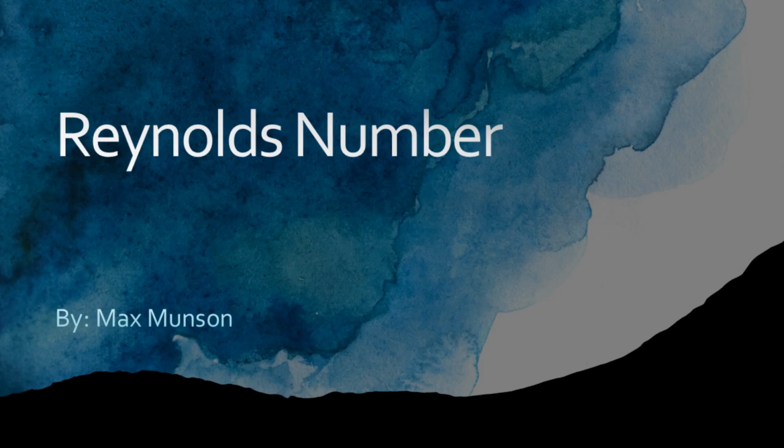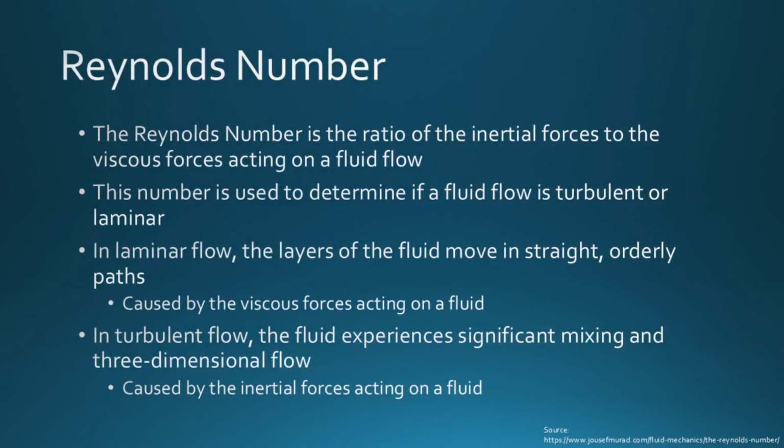Hello, in this video we will be discussing the Reynolds number. This is a very important concept to understand for fluid mechanics because it is often used to determine whether a fluid flow is laminar or turbulent, or it can also be used to ensure that the conditions for dynamic similitude are met. The Reynolds number is the ratio of the inertial forces to the viscous forces acting on a fluid